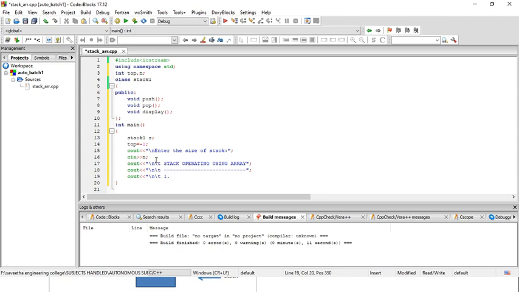Now, 1 means push. Let me use \n\t, and 2 means pop, \n\t, and then 3 means display, and 4 means exit.